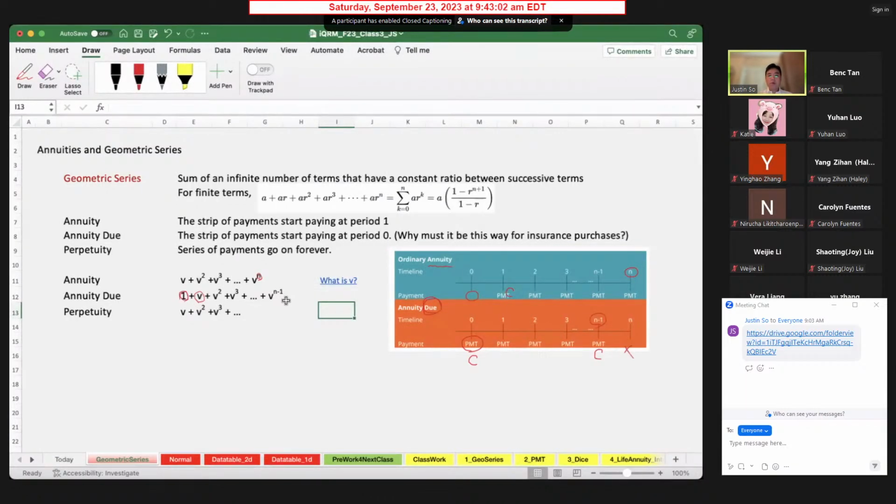Look, we're not sure what V is, so I'll show you soon after explaining what the perpetuity is. The perpetuity, if this is a name again, is a series of payments